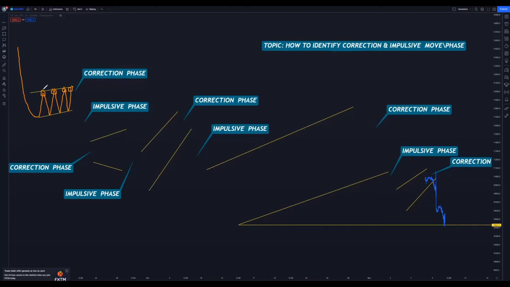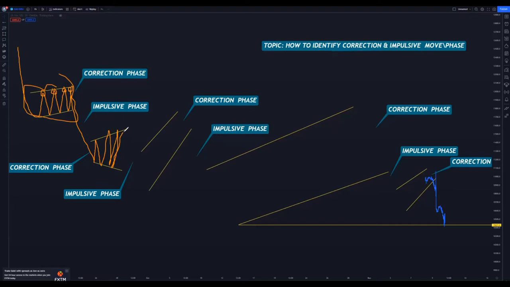As I was saying, this is a correction move that the market formed here. Then we saw the market breaking, giving us an impulsive move. When it breaks and gives us an impulsive move, what follows is the correction. Wait for the correction to complete, then it breaks, then you enter a trade,